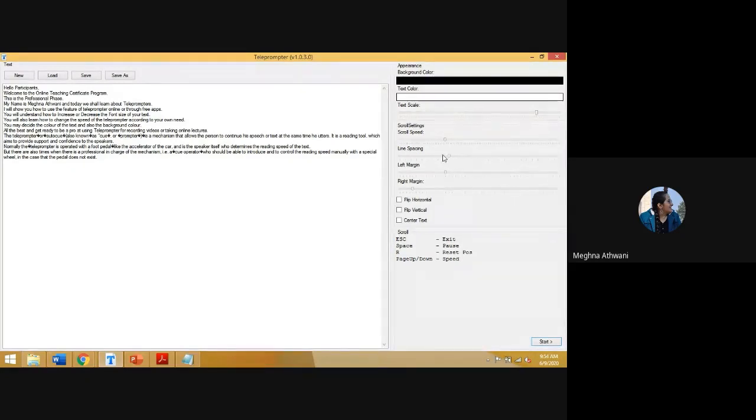Okay. Line spacing. How much space do you want between your lines? Sometimes we do not want our text to stick together, so you can allow spaces. Sometimes we have a lot of text and we have to read it fast, so we do not allow line spacing. It all depends upon you. There is no specific way of doing it. There is no need of judging it. You just have to do it according to you.